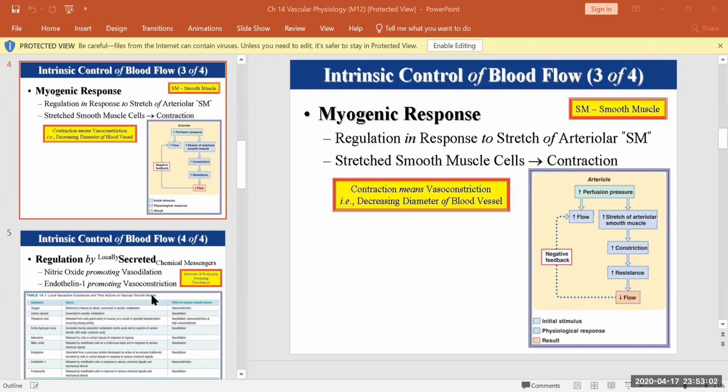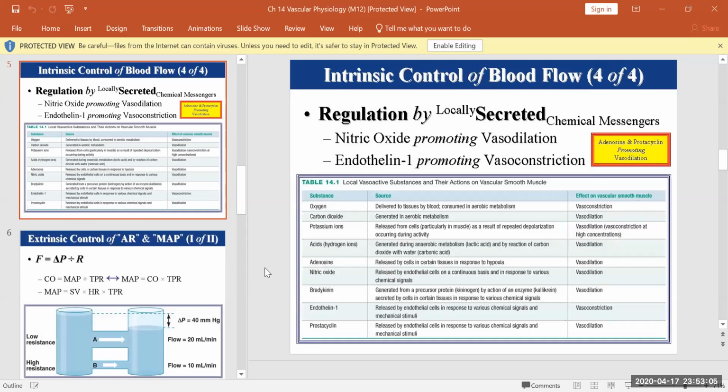So moving on to the fourth and last intrinsic mechanism. This is the release of chemical messengers. This one is very straightforward. You're gonna learn this as is. There's so much detail here, so it saved me some time to go on to explain other important concepts. This is redundant here. This information, you have it already on the table here. So learn this table as is and remember local,